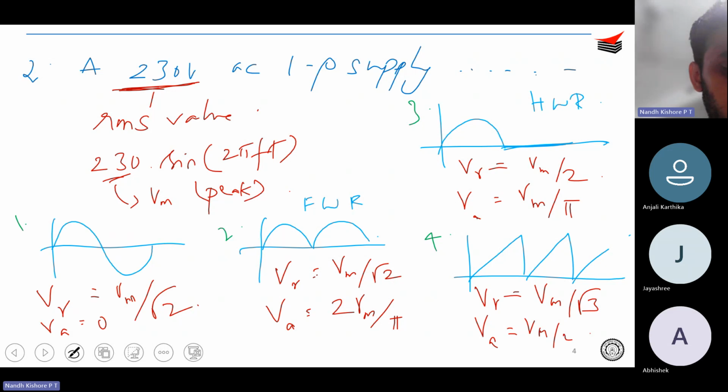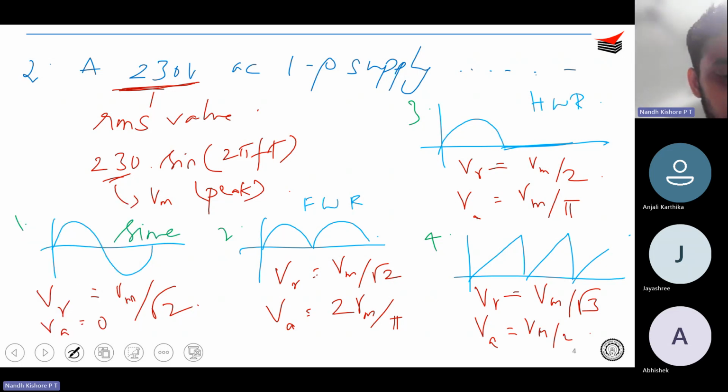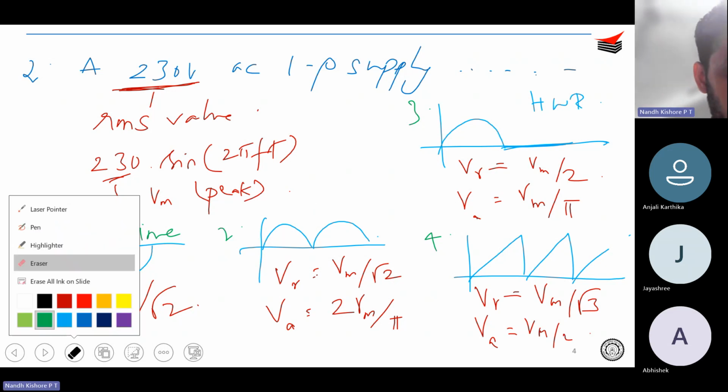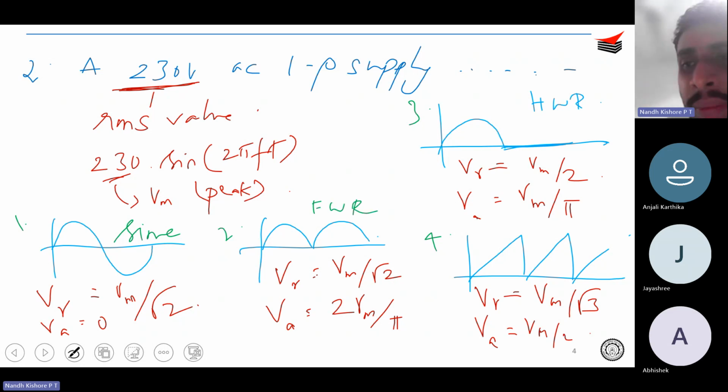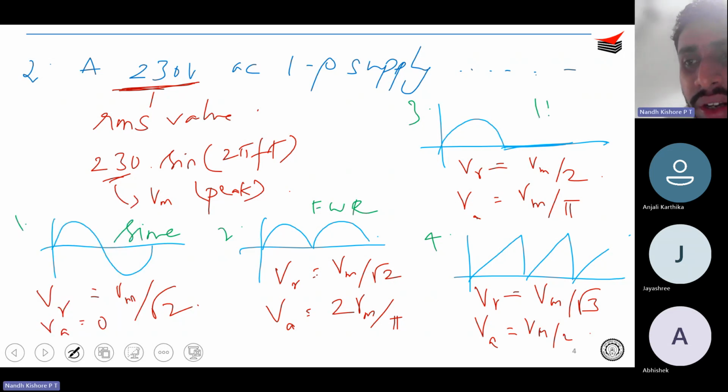Okay, so what are these waveforms? This is your sine, and then this is your full wave rectifier, and then you have this as your half wave rectifier, and this is your sawtooth. Okay, you can always find out VRMS and V average by solving it from the basic definition of VRMS and V average, but it will be better if you already know this. Okay,